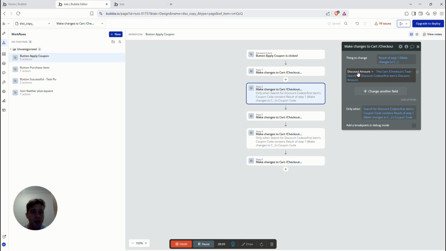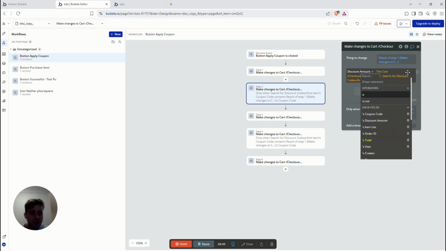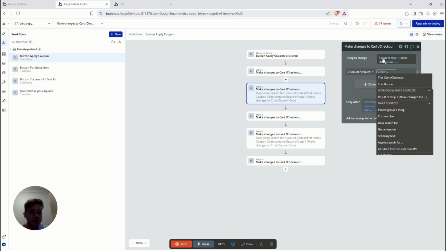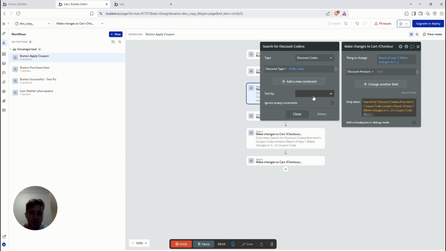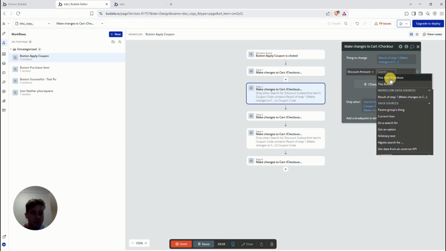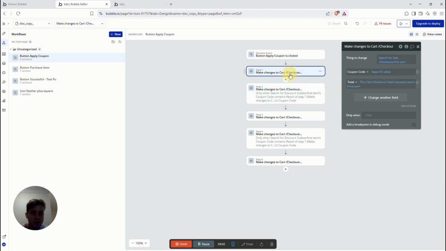But now we're going to look at the discount amount. So we're going to create a discount amount by looking at this cart's total. So this one over here, we have a slight error again. Instead of being the cart's total, this literally, because it's just a monetary value, as we said here, the dollar value. So the discount amount is going to equal, we can say, because we've already used the coupon code over here,